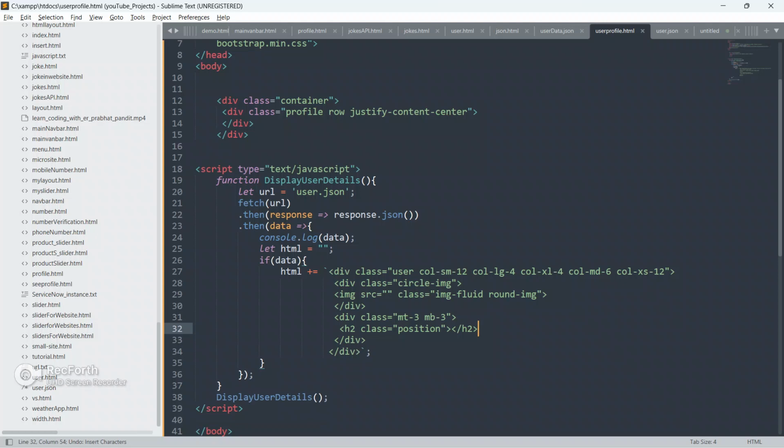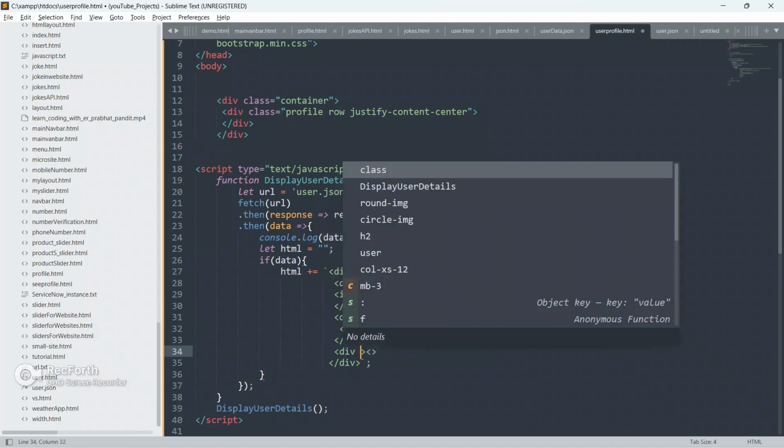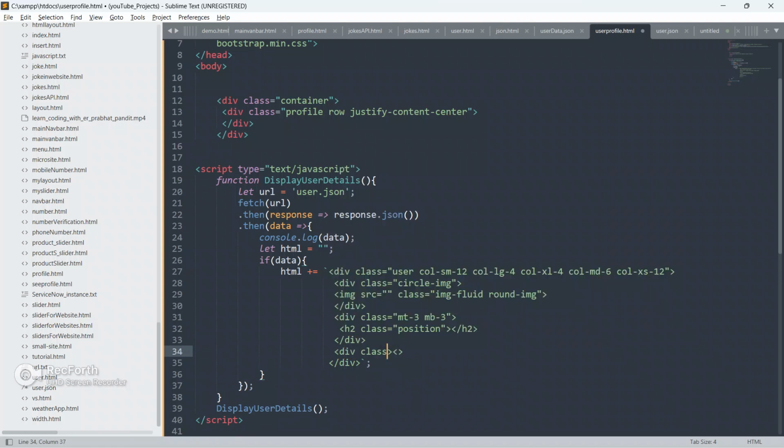Okay, so inside this div, create another div and give it a class as margin top 3 and margin bottom 3, and give this class as email also. Okay, close this div and inside this div we are going to